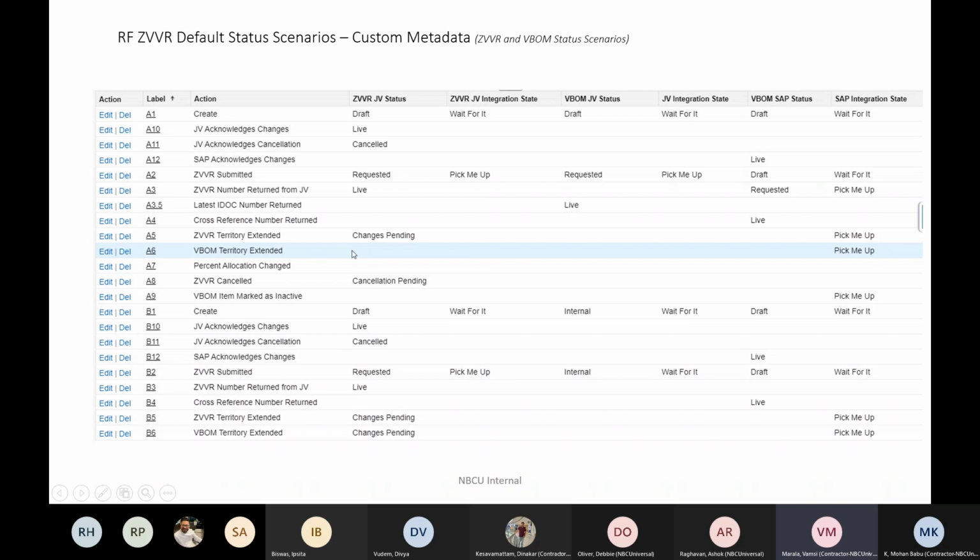After that, if we have any changes in the percentage allocation, we don't have any changes in the respective status field if the percentage is changed. This percentage allocation works like this: if we have a video version and we have multiple titles for that, that means multiple VBOM items are there, and that particular material or video version can be allocated with percentages.